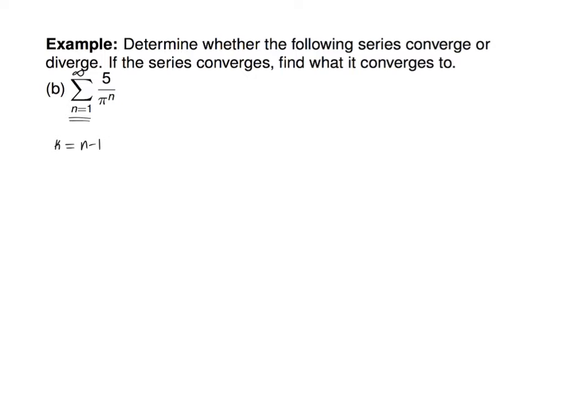It's kind of like a substitution of sorts. So if n is equal to 1, what's k going to equal? 0. And how about if n is equal to infinity, what's k going to equal? Infinity minus 1, but that's still infinity, right? So this can become the sum from k equals 0 to infinity. Now the question is, what do we do about that little n there? What could you replace it by? Well, k is equal to n minus 1, so therefore n is equal to k plus 1.